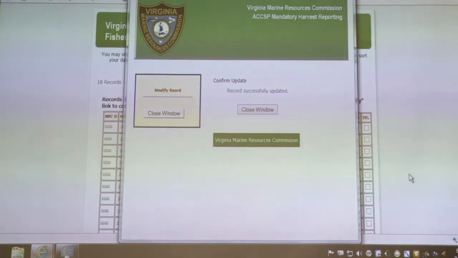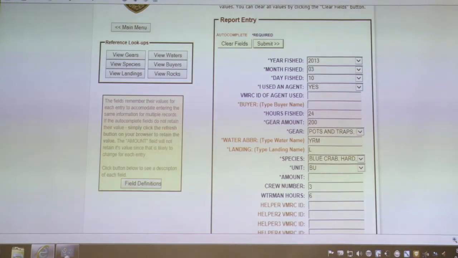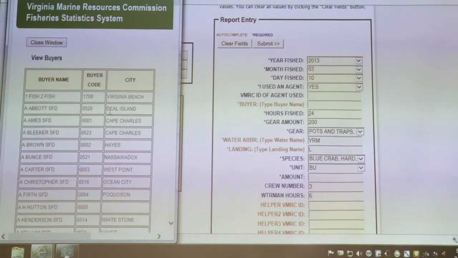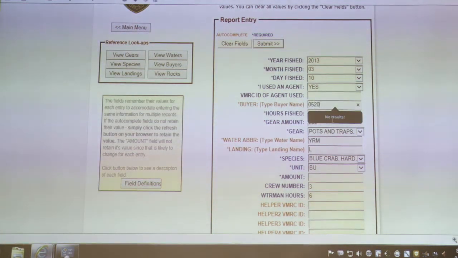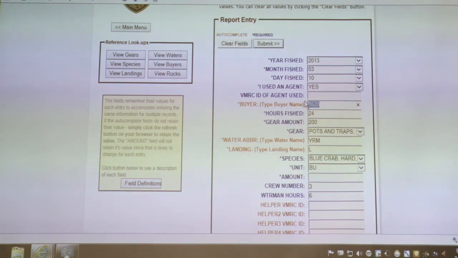When you're keying your data, you went over here and you looked at your buyers that you want to sell to, over here on the left, and you see your buyer's code. You go over here and you try to type in that buyer's code. Although it says type the buyer's name, you type it in, no results will come up. You cannot type in a code. You have to type in a buyer name